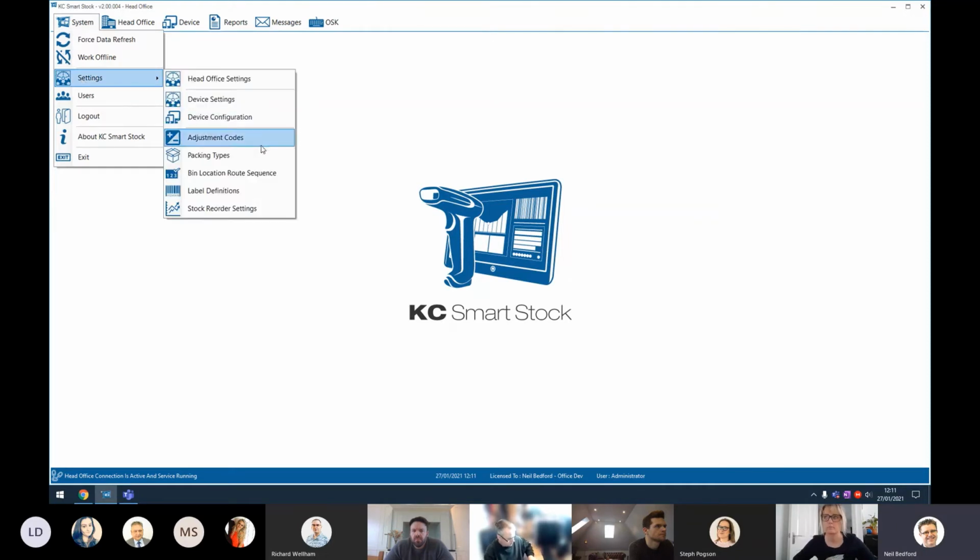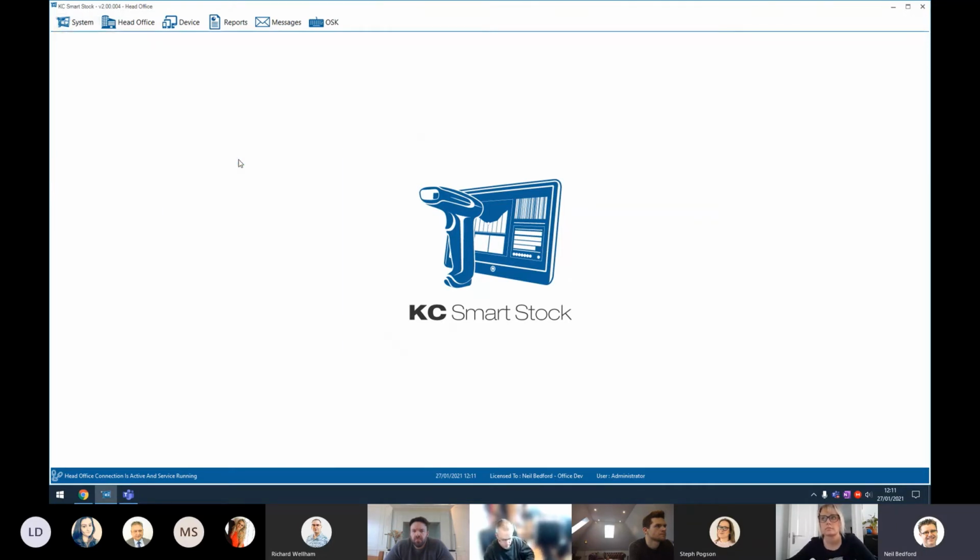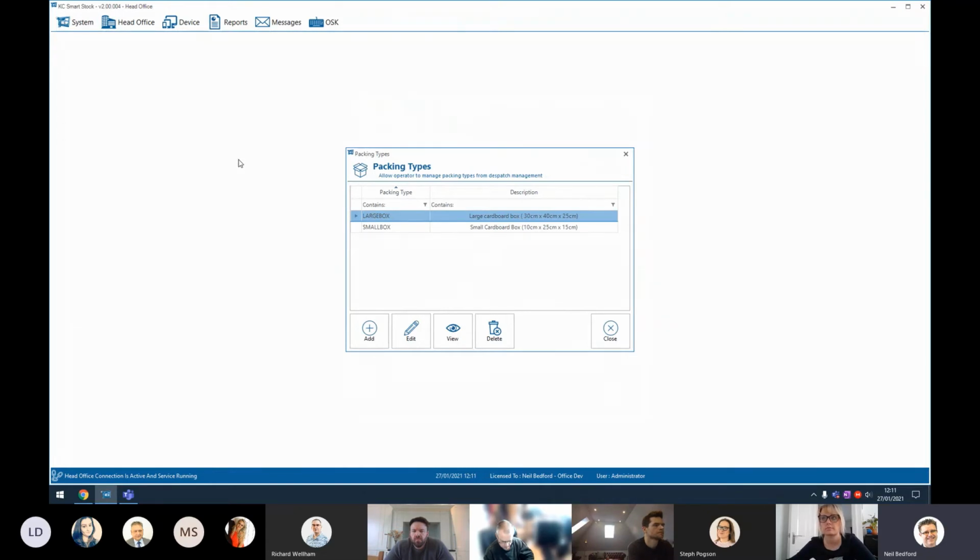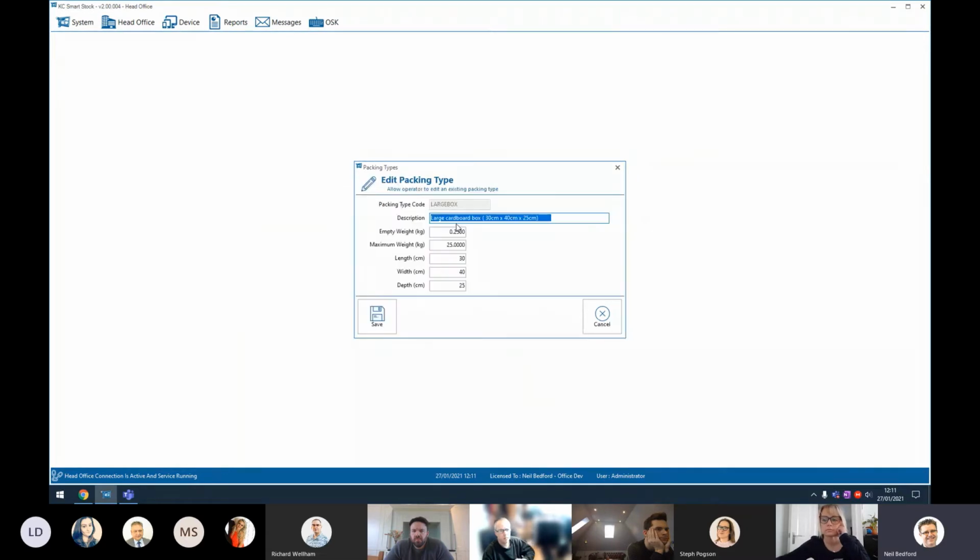Next thing that we have within the setup is packing types. And packing types are the different types of packaging that we're going to use. So whether that be a large box, a small box, a tube, a pallet that can hold so much. And against each of these, we then set up a code, a description, what the empty weight of that item is. So if it's a pallet, it may already weigh 5 kilos on its own. What its maximum weight is that can go onto that pallet, including the weight of the empty item, its length,